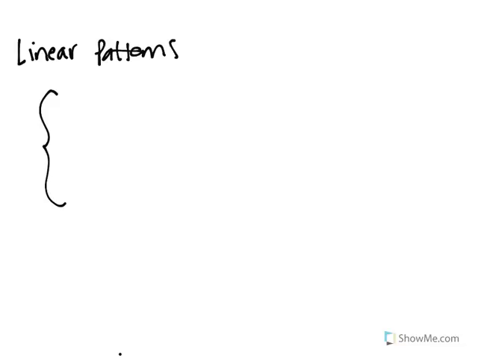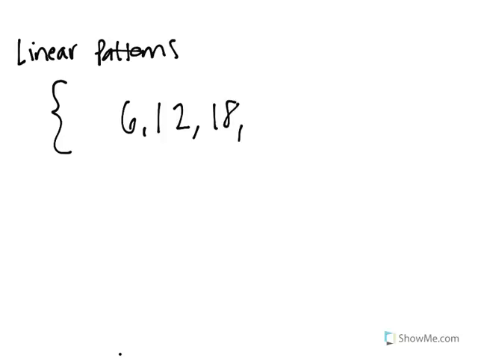Let's say, I'm going to make this a little smaller, sorry. Let's say we are given the following linear pattern. 6, 12, 18, 24, 30, 36. Okay? This is our linear pattern that we are given. So there are 3 questions that I want you to ask yourself as soon as you see a linear pattern